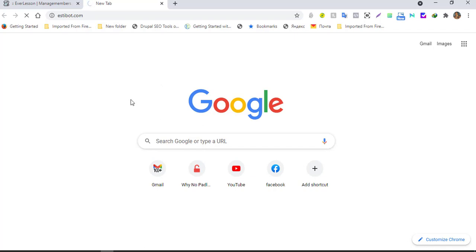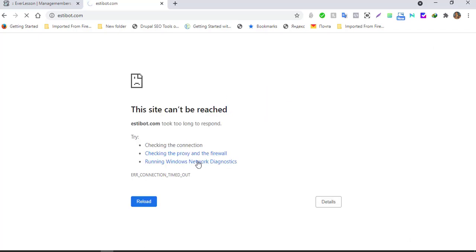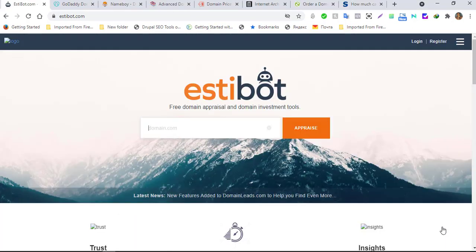STBot is a very common tool that is used by many veteran domainers, and it gives you, let me check if my network is on. Okay, I've taken the time to open up STBot, though the network is still pretty bad over here, and I